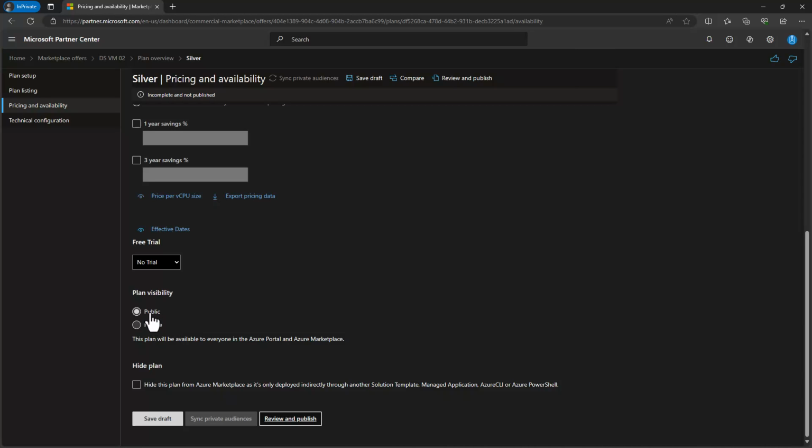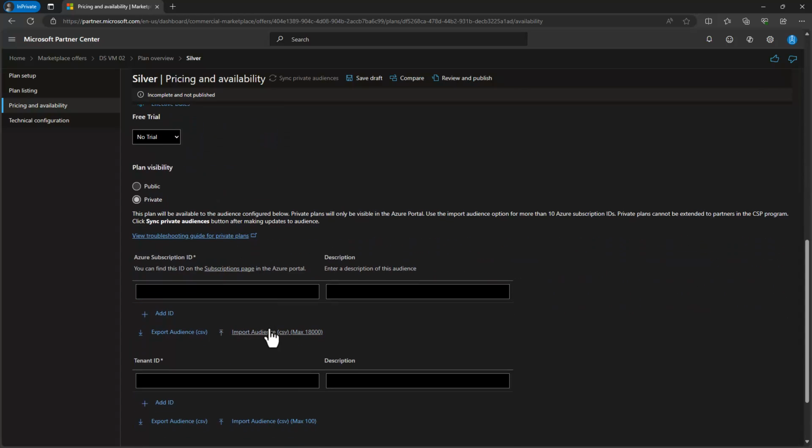Public visibility means that simply anyone on the Azure Marketplace website browsing that website can see your offer. Alternatively, you can make this plan private. And if you choose to do that, you can put in an Azure subscription ID that will come from your customer. And you can add several IDs that you would like to support for them purchasing your offer, perhaps at a discounted price. So maybe you've got your public offers offered at $10 per virtual CPU hour, and